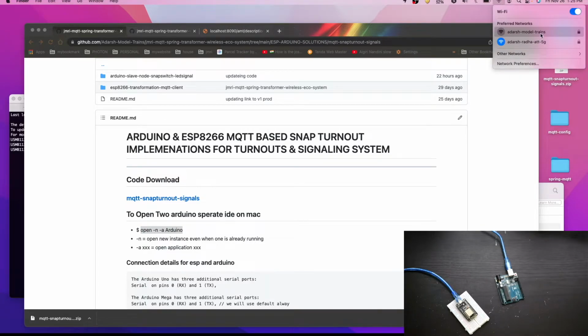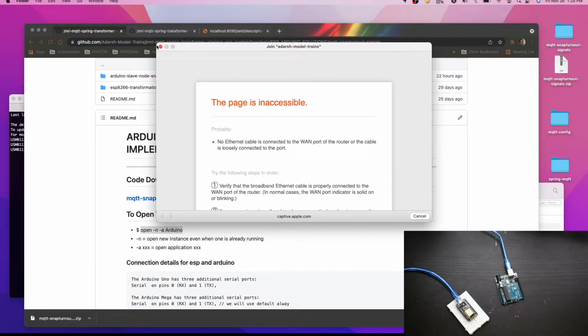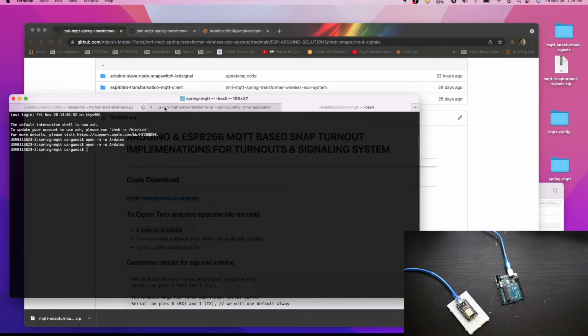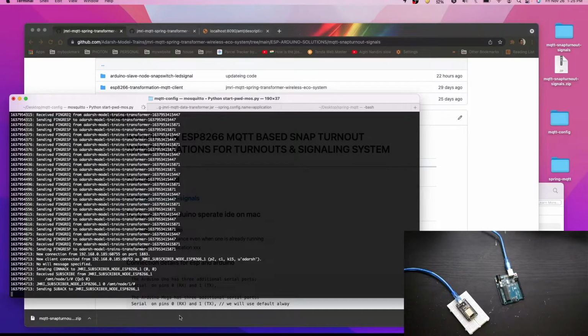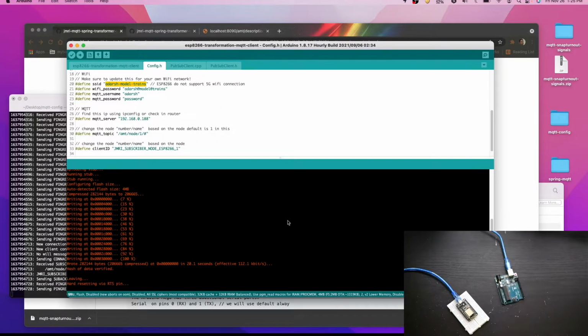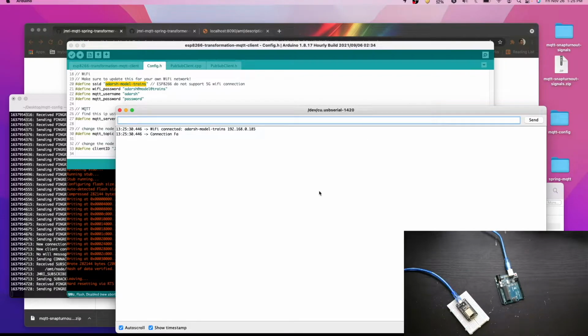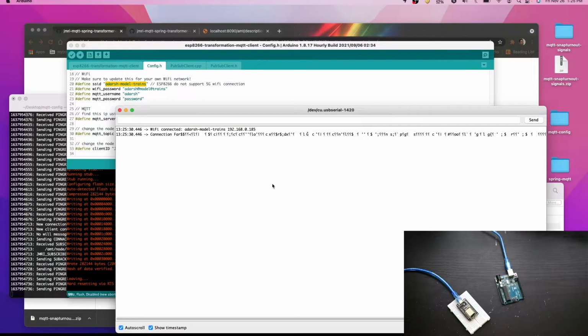So here you can see. Once I connect to this, I'm on another network which doesn't have internet. Once I go into the serial monitor here, Wi-Fi is connected, if you can see, and if I just press the reset button, it's connected to Wi-Fi as well as connected to the MQTT broker.